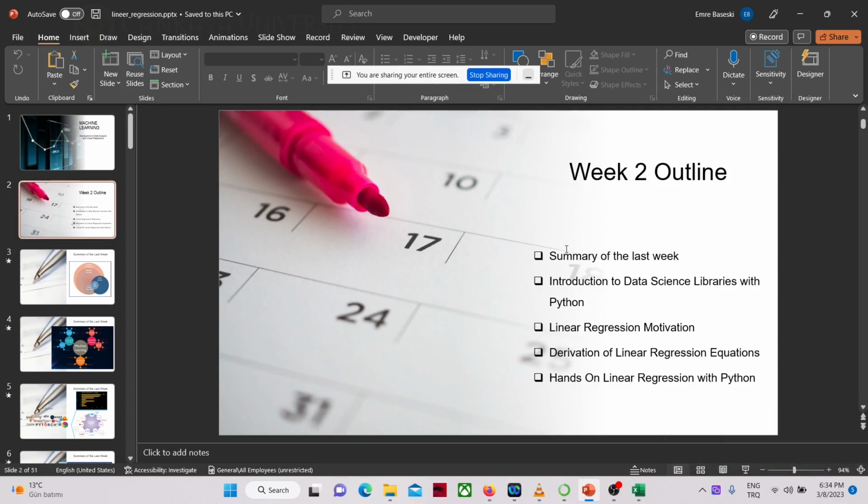We will start with a summary of the last week. That's going to be around 10 minutes. Each week we will be doing that. We will summarize the content of the last week, and then we will continue with the content of the week. Then we will see an introduction to data science libraries with Python. That's going to be a hands-on training for the course, and then we will see a brief motivation for linear